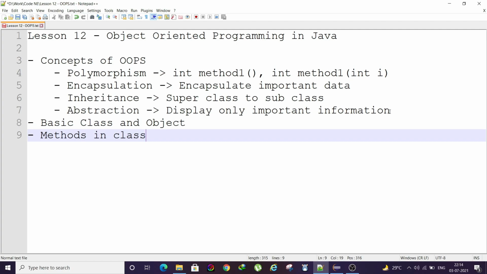So finally, let's move on to our second subtopic, that is class and object. You have already seen our main class. Today we will declare some different class and assign some values in it, and we'll see how we can create an object from that class and how we can use it, and how you can display some output.